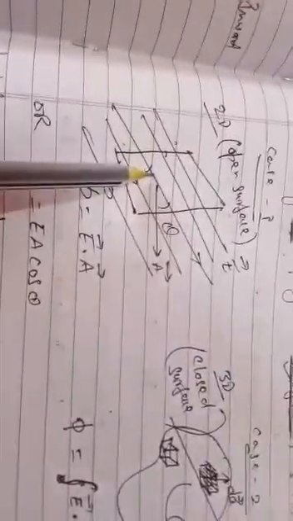You can see here a surface is shown in which A is the area vector. To define the electric flux, we always consider the area as a vector. Now it's an important discussion before we proceed, because area mathematically is a scalar quantity, but in physics we take it as a vector. So in which sense will we take it? To take the area as a vector, we use it as a normal to the surface.